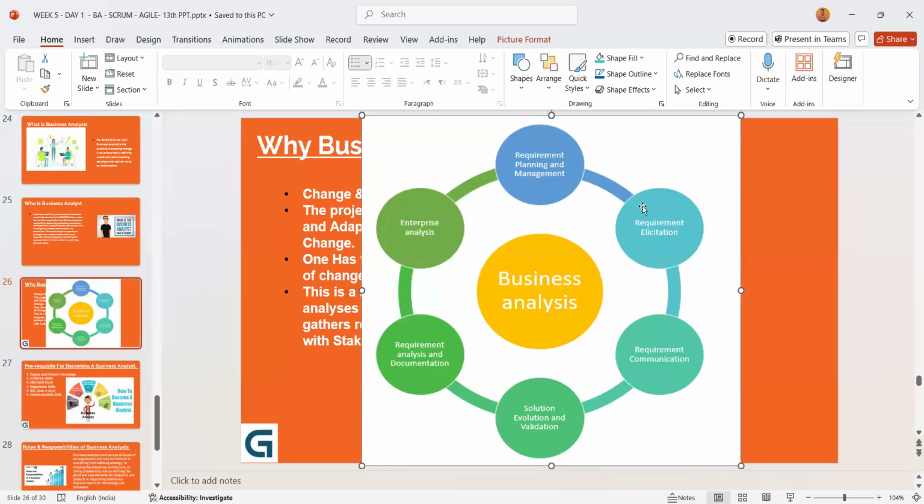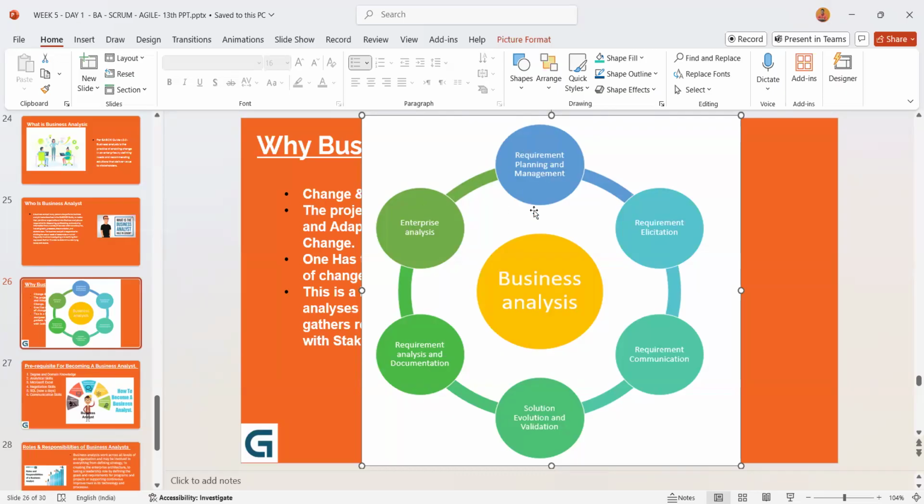So the requirement which the customer has spoken, that's called requirement elicitation. You interview the customer completely, understand the depth of the requirement, that gets communicated well, and then it has to be validated whether it is giving you the solution or not. Once you and the customer are satisfied together, this is the time to document those analyzed requirements and the impact they bring at the enterprise level, and everything is in sync.